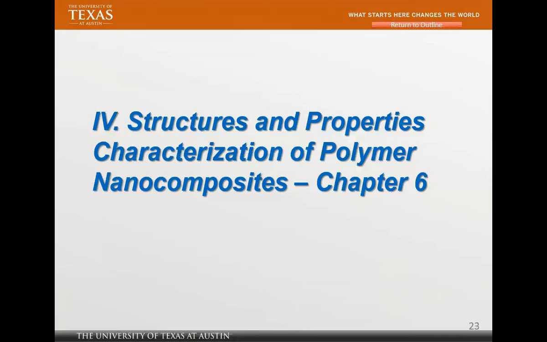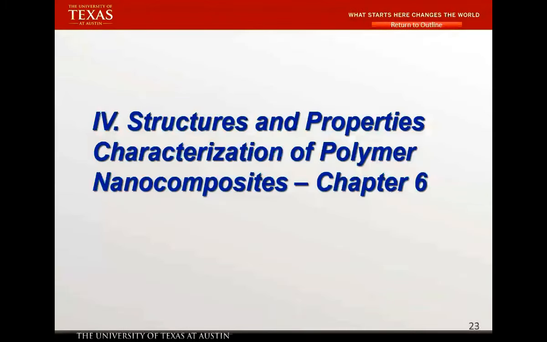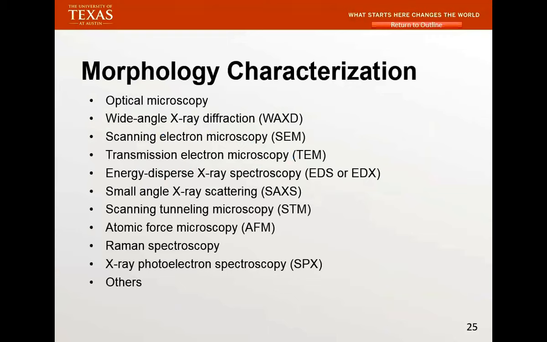Okay, I'm going to go to chapter 6. In chapter 6, I'm going to talk about structure and property. That's very important. I'm going to go through each step, and then I'll show you some examples. Structure: I'm going to talk about two things in structure. These are morphology. You probably use a lot of these already in your lab. We use the majority of those.